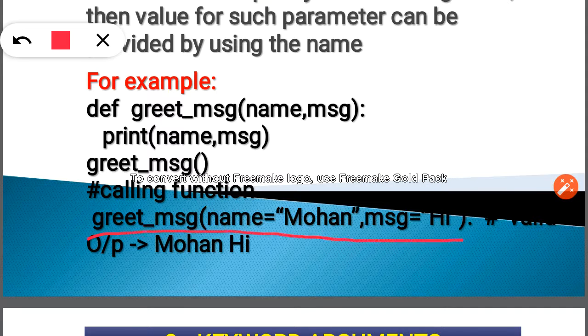I hope all of you are getting this. Name equal to Mohan and msg equal to hi. When I am calling it, name is replaced by Mohan and msg is replaced by hi. So we'll get the output as Mohan hi. Clear?